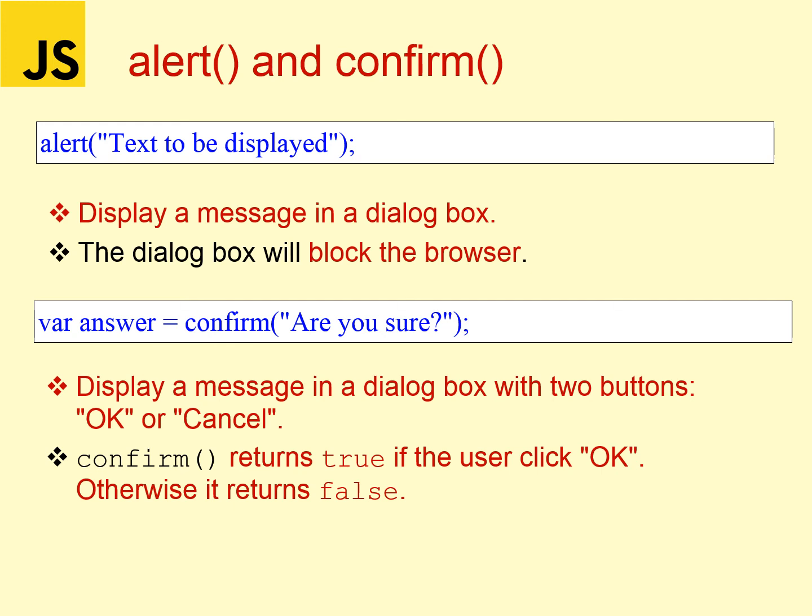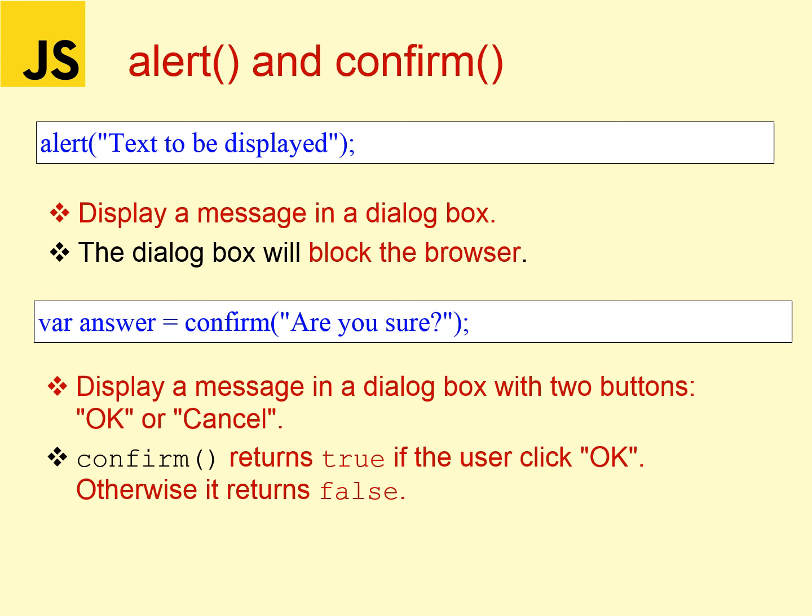So here also the confirm function takes an argument, that is the text, the message that should be asked to the user. Are you sure? That is the text to be asked to the corresponding user. Then it has two buttons, an OK button and a cancel button. That answer is stored in the answer variable. So it displays a message in a dialog box with two buttons, OK and cancel.